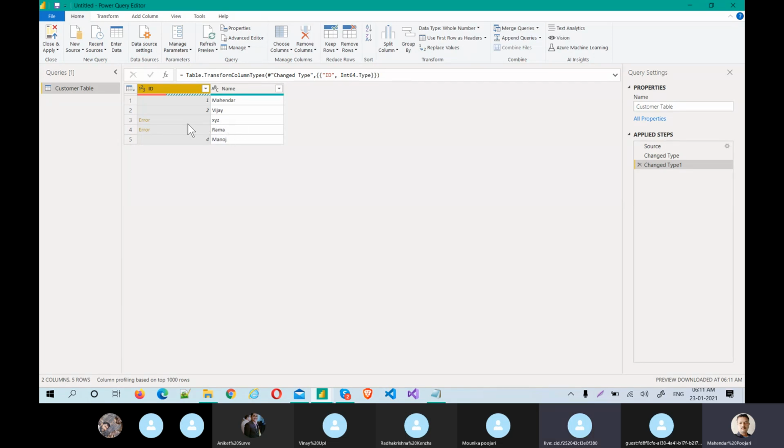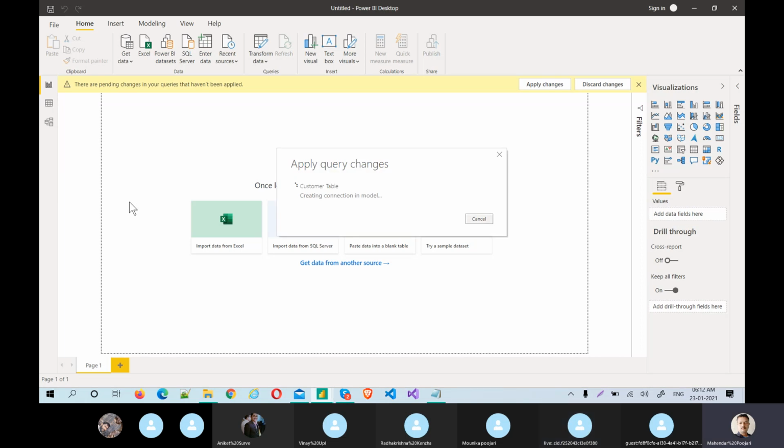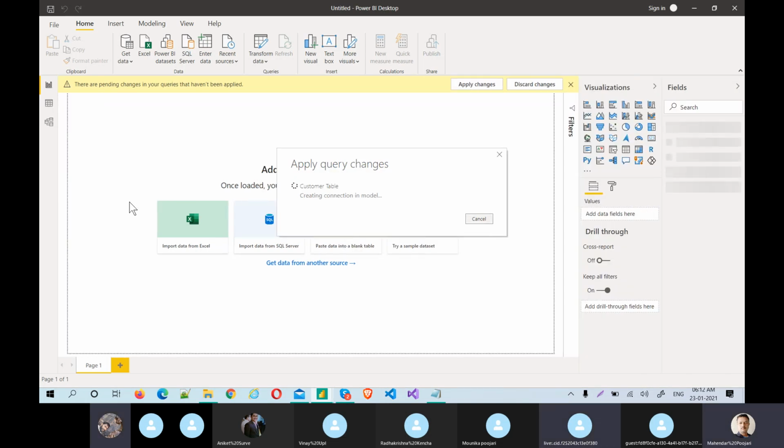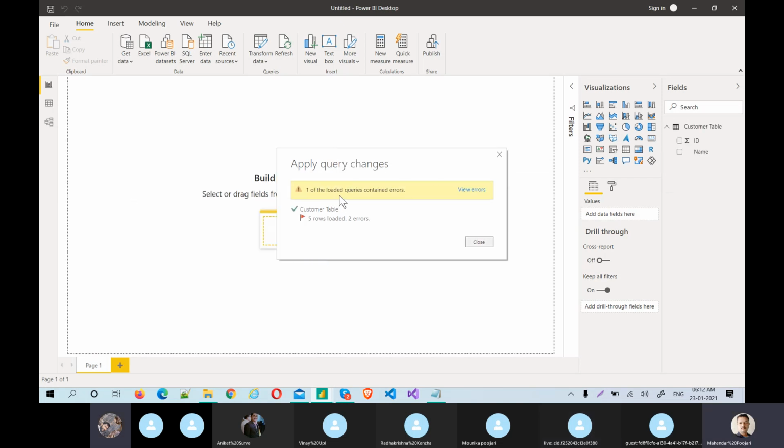Okay, and now what I have to do, just simply load it. Okay, you will come to know, close and apply. See, it is saying the queries contain errors. 5 records loaded out of 2 errors.